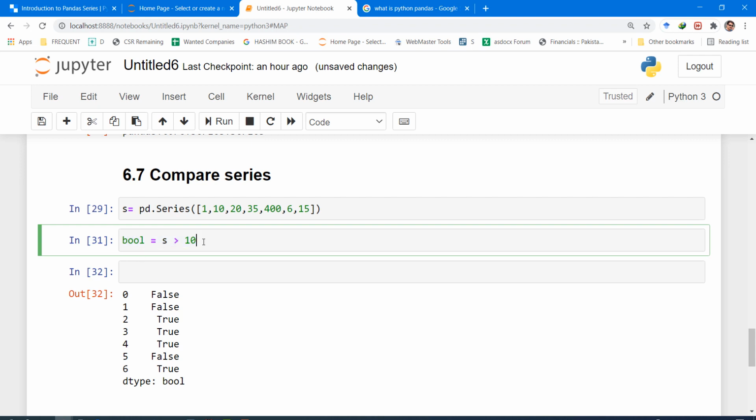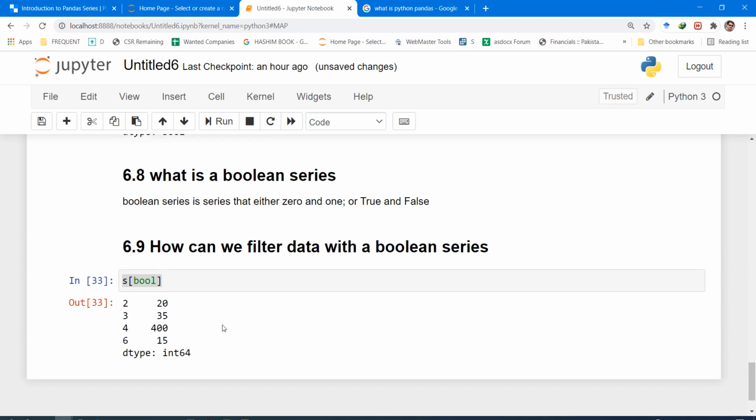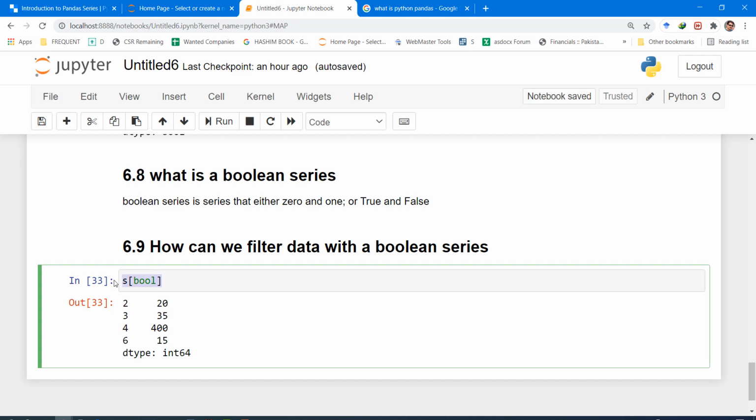All values greater than 10 can be obtained from the series. Remember, when we want to filter, extract or slice data from a series, it happens in 2 steps. The first step is to create a Boolean series, and the second step is to slice from that series.